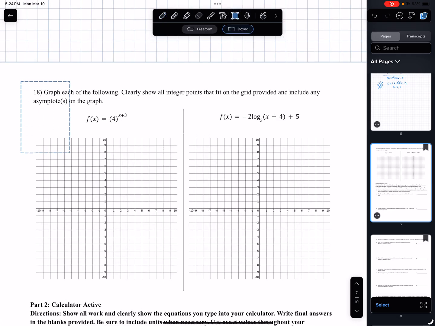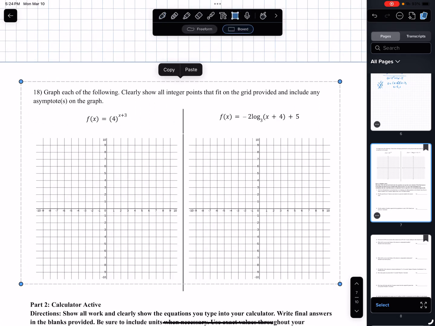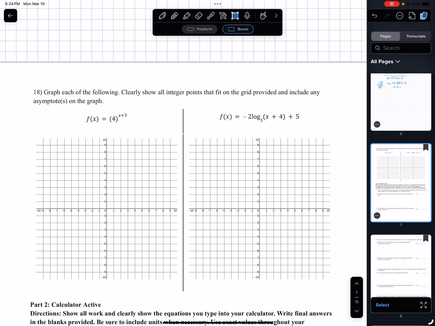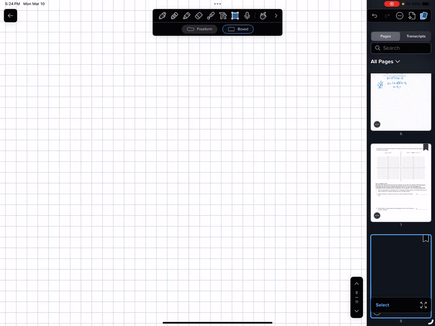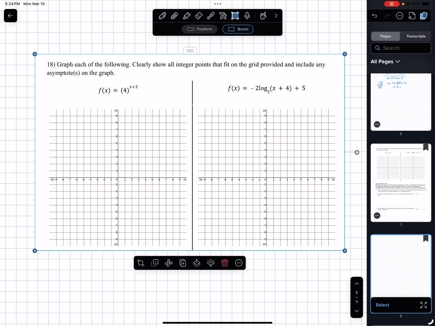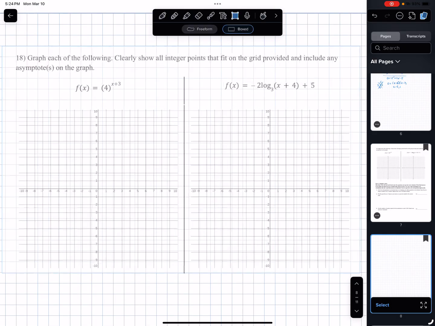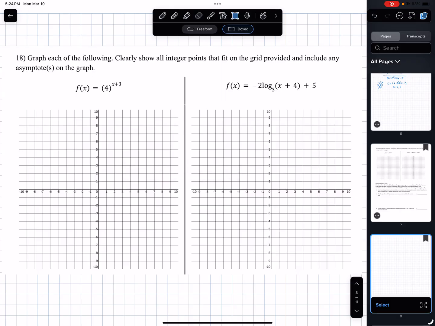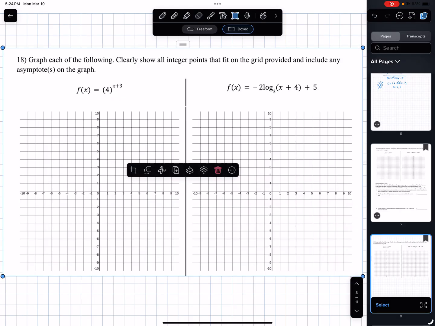Copy this. Just copy both because we're going to be doing both anyways. Page. So, do this. I know it's a gift that keeps on giving. So if we do